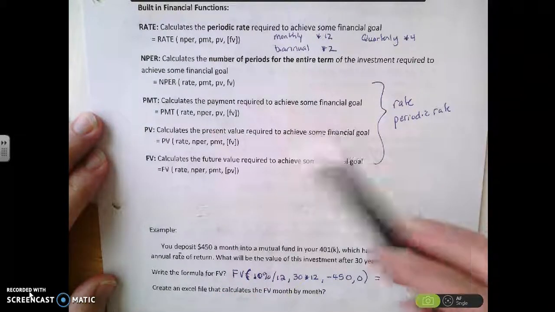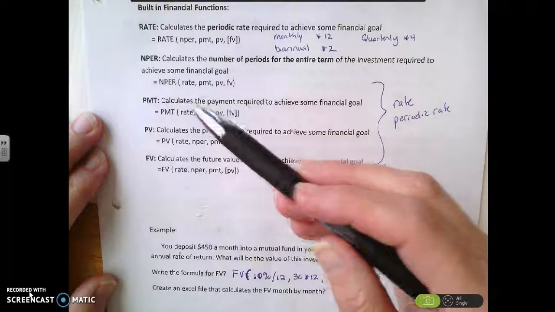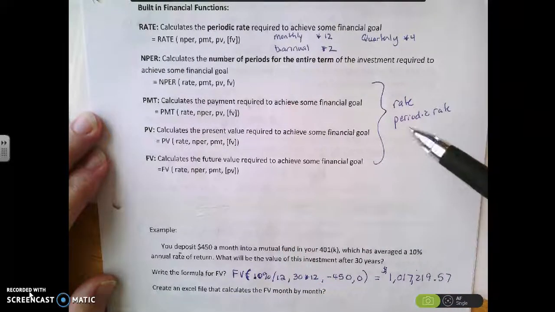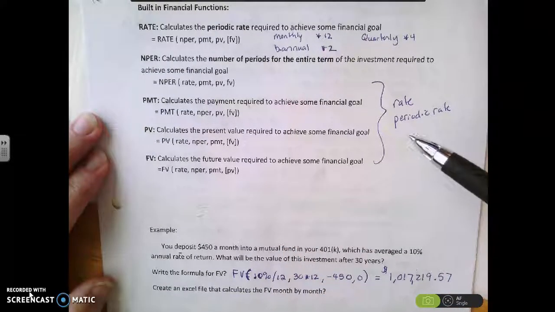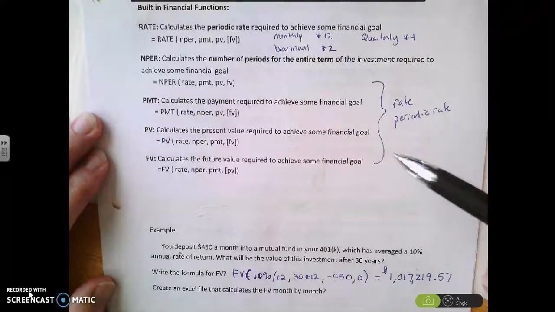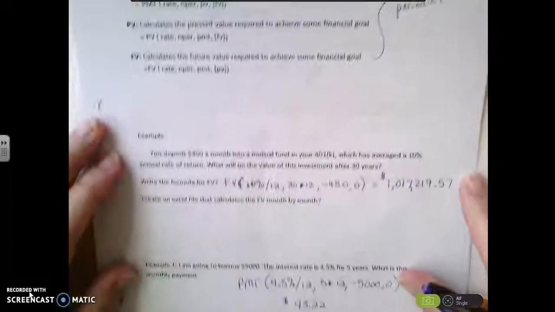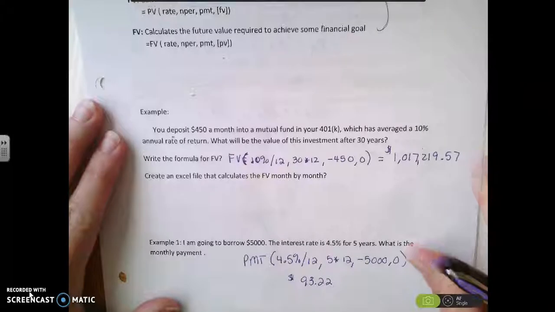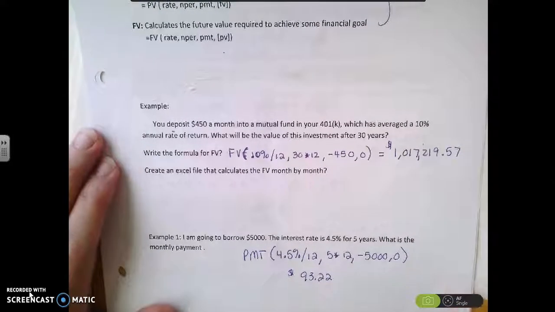And so in these cases, in all four of these last ones, the rate is always going to end up being the periodic rate. So you're either going to multiply by 12, divide by 12, or something with these problems depending on what we have. So in all these examples, I have spreadsheets to go along with them, but we're going to talk about the